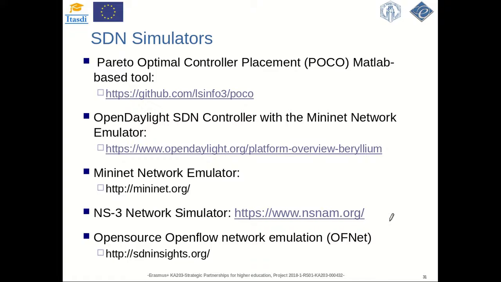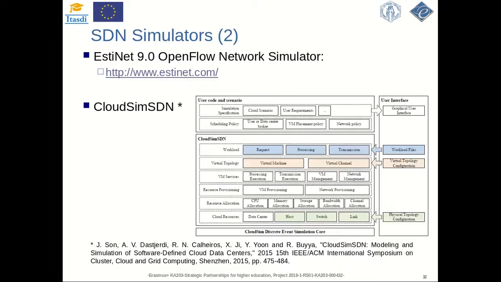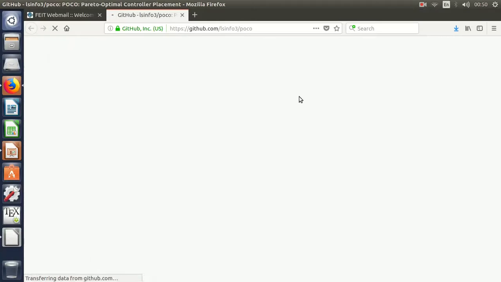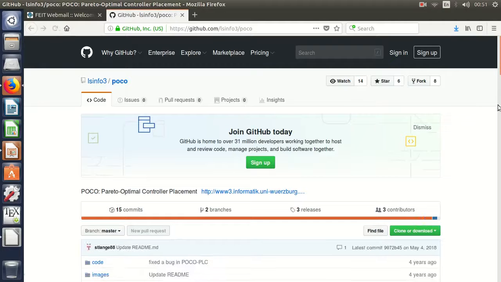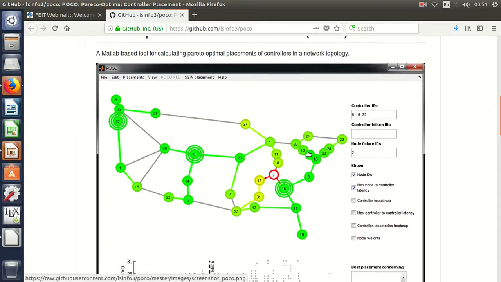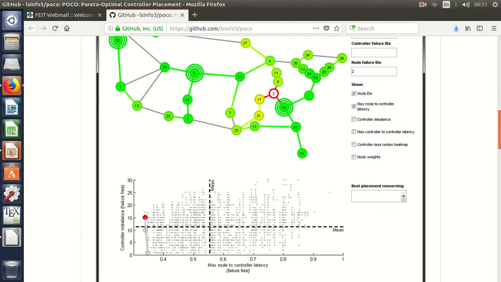All of those are top popular simulators, which are open and free. Also, we can check some of those models for SDN, even in MATLAB.